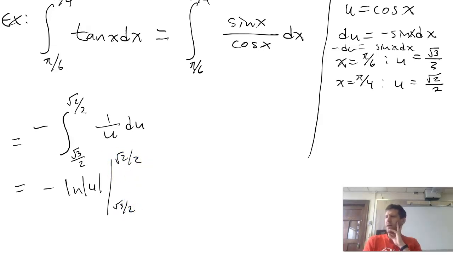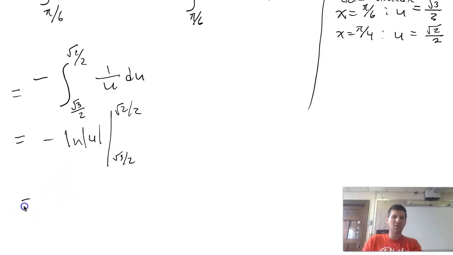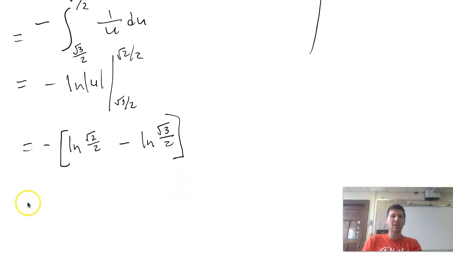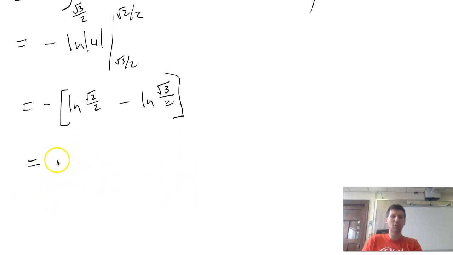So when we actually do the mathematical portion there, check out what's going to happen. Shout out to Michelle who broke down our log rules. It's just going to be the natural log of root 2 over 2 minus the natural log of root 3 over 2. We could actually rewrite this as a quotient according to the quotient rule of logarithms: negative natural log of root 2 over 2 over root 3 over 2, which is actually just going to give me,